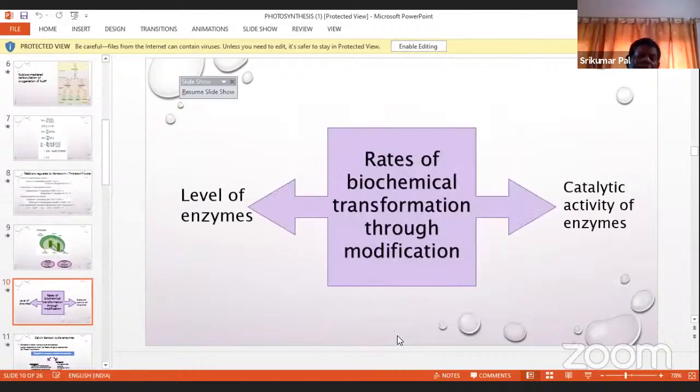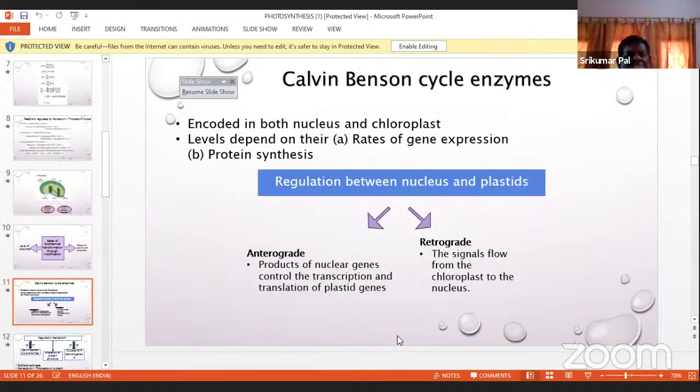Actually, the activity of any enzyme is controlled at two levels. The level of the enzyme is important, and the catalytic activity of the enzyme is also important. The chloroplast ensures appropriate rates of biochemical transformation through modification in the level of enzymes and the catalytic activity of the enzymes. So now if you consider this,